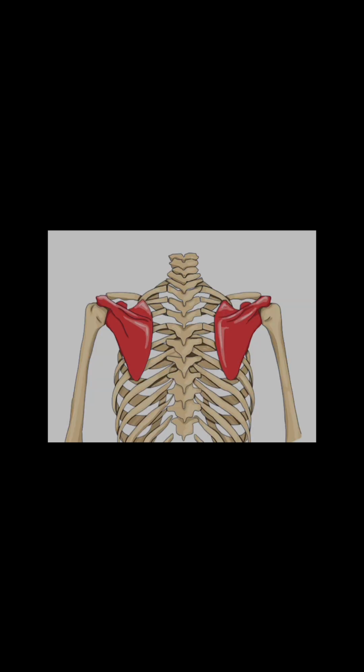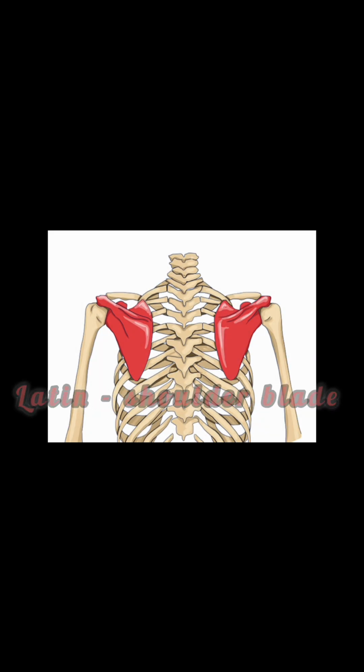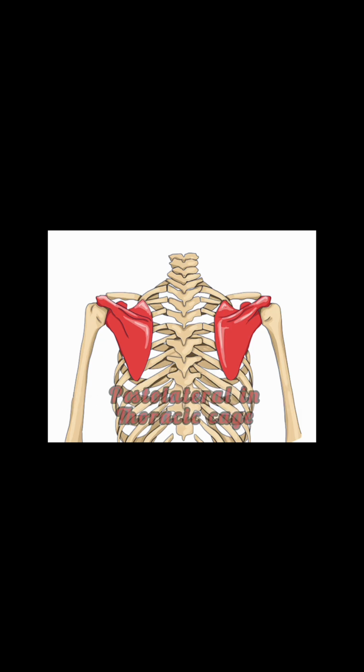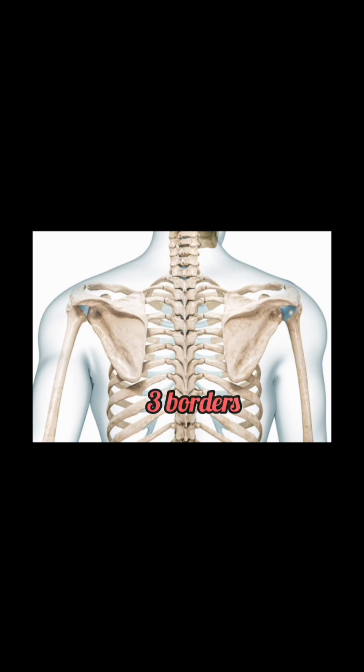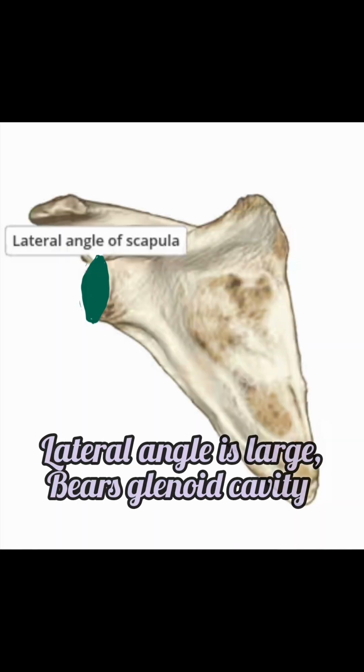Scapula, in Latin, is called the shoulder blade. It is a thin bone placed posterolateral in the thoracic cage. It has two surfaces, three borders, three angles, and three processes. Side determination: the lateral or glenoid angle, glenoid in Greek meaning socket, is large and